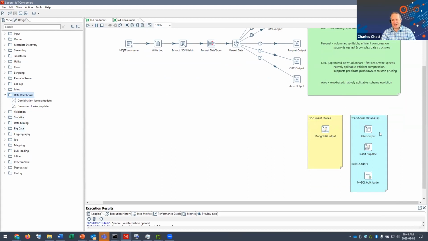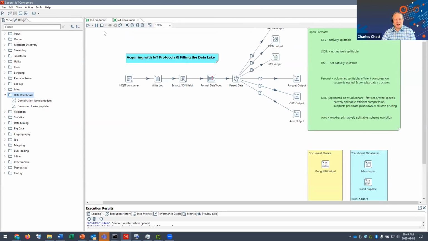In addition to that, traditional databases that we've always worked with for transactional needs, where I just need to insert a small amount of data. And then I've got the bulk loaders. I've got MySQL down here, but there are steps in here that support Oracle, SQL Server, the common flavors that most folks are using out there.